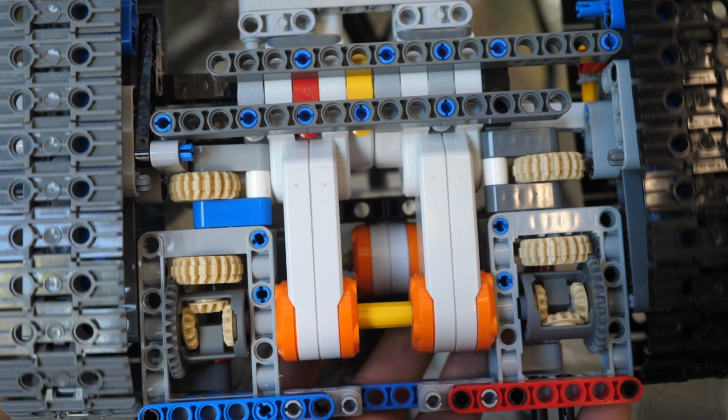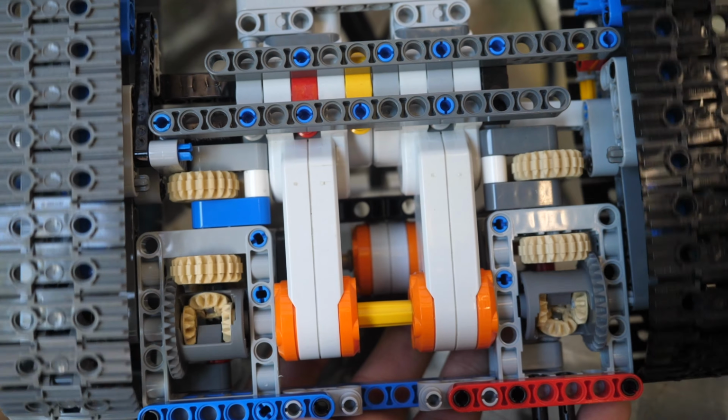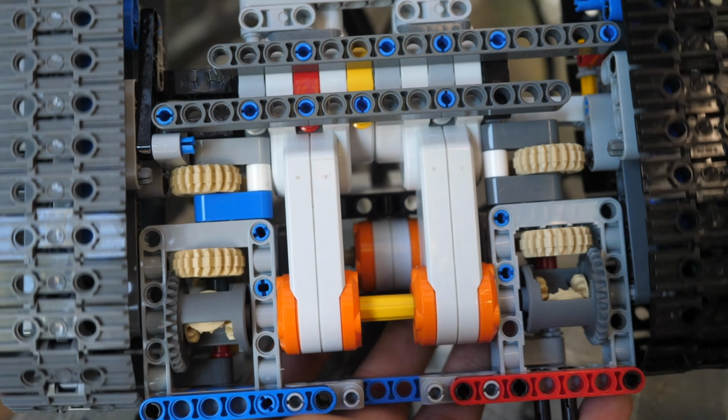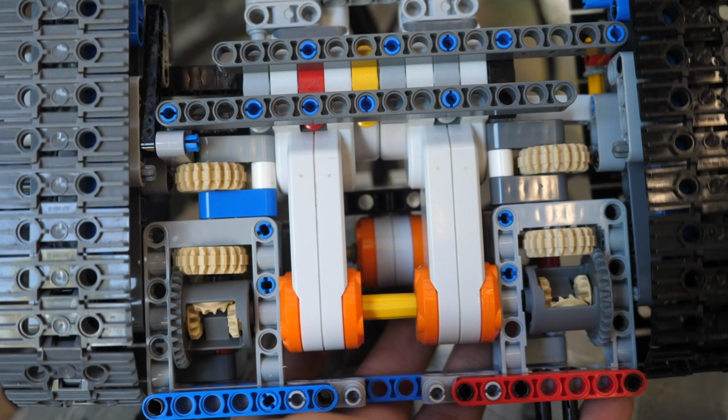But I also hope that the bigger RC sets, like the $450 bulldozer, come with some sort of special mechanism, not necessarily a gearbox, but let's say a dual differential tank drive. In real life, these allow for uninterrupted steering and driving, so such a mechanism in LEGO Technic would be absolutely legendary. Every 2 years, we're also getting a supercar set, and in the upcoming decade, we're getting at least 5